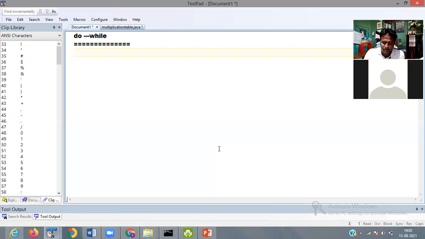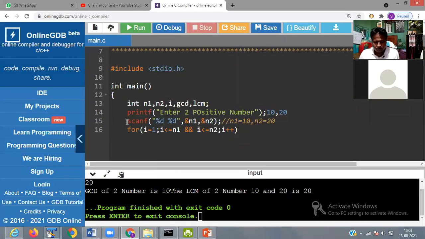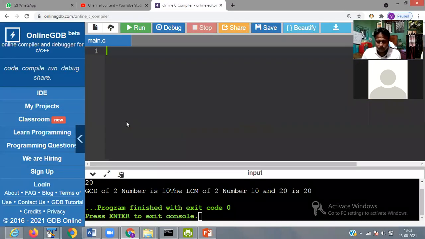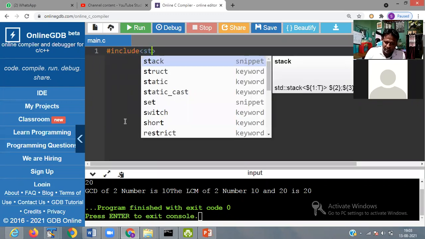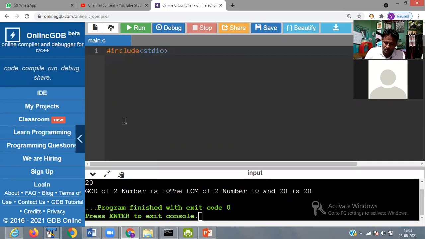It's just like this. Suppose I want to display from 1 to 10. I write include stdio.h, void main.